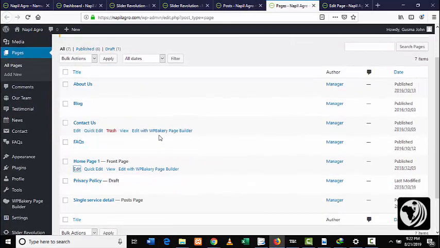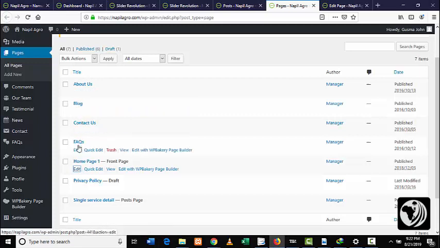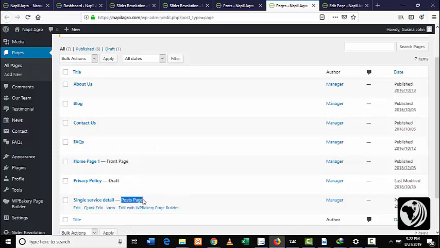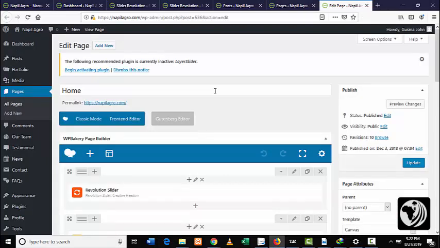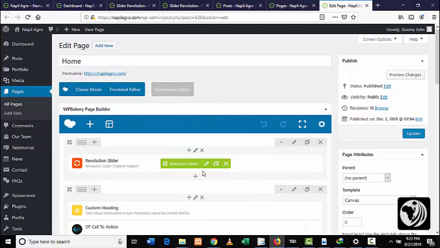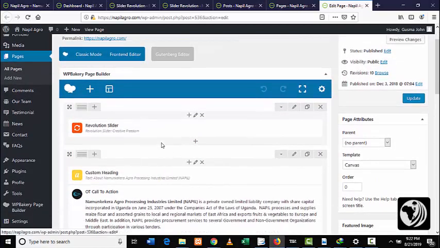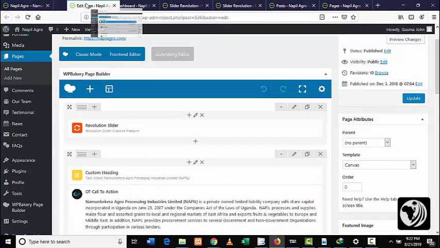And then the pages of the website, where we have the about us, the blog, the contact us, the FAQs. This is of course the home page. As you can see, it's labeled front page, and then the posts page, which is the blog page. So let's look at the home page. This is the back end of the home page, and under the back end of the home page, like I mentioned to you, we do have the revolution slider over there,